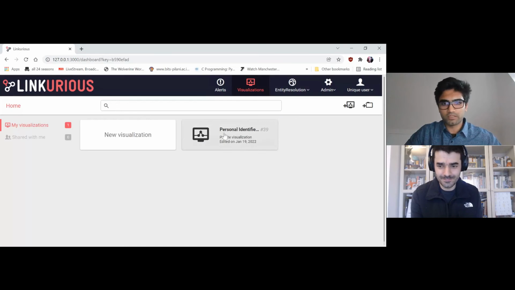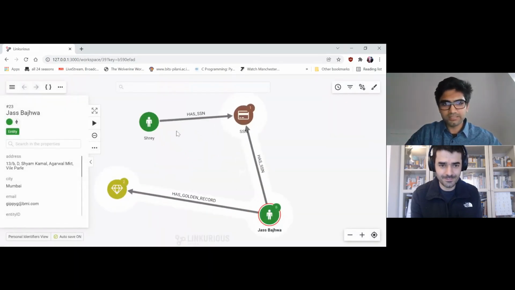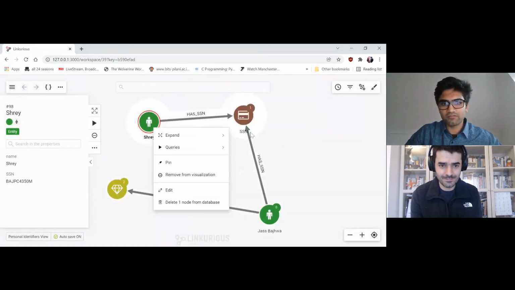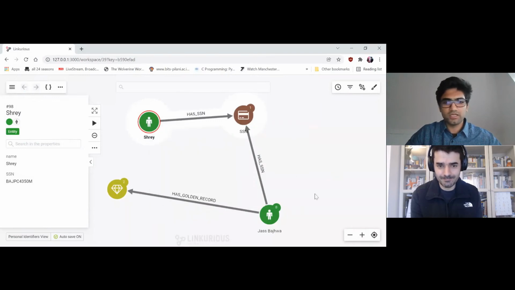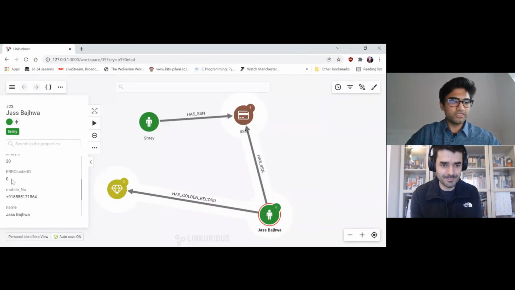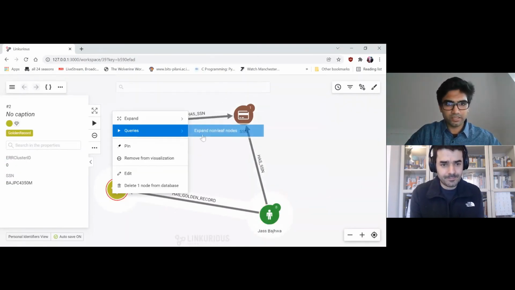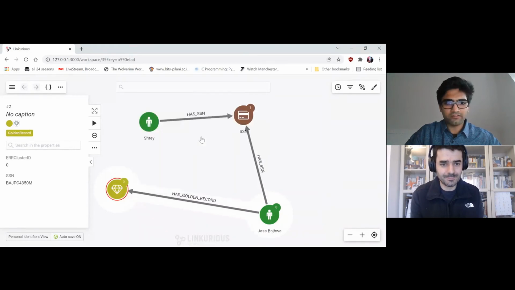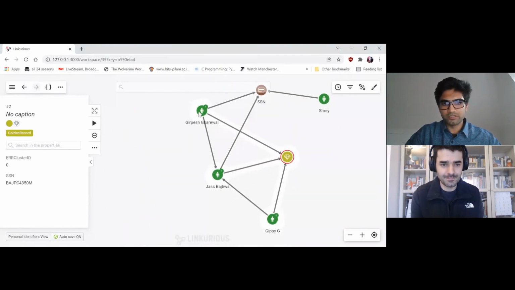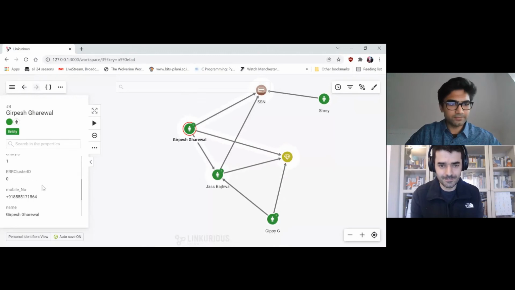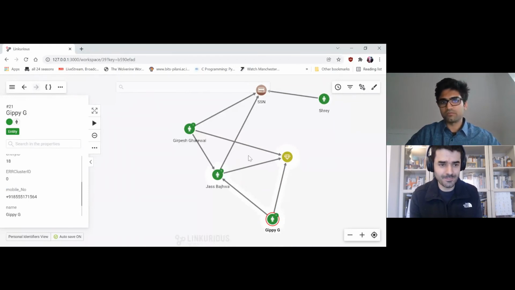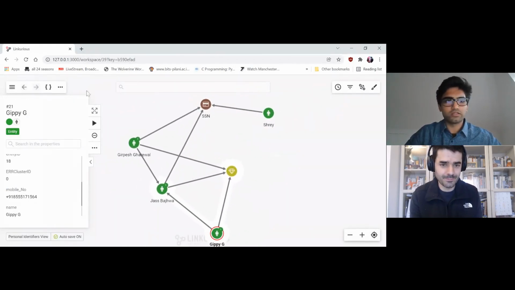So if I was to go back to my visualization, I can see for now, Shrey does not have a relationship between Jazz and himself. You can see that Jazz's cluster ID is 0, and all the entities in the golden record have the same cluster ID. So this entity has the same cluster ID of 0. This entity has the same cluster ID of 0. So as soon as our alert is run,